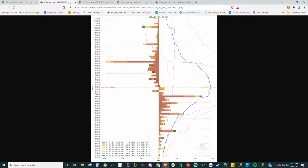A lot of extra exposure here, which these sort of act like magnetic levels, but there are also support and resistance. So you can't look at them as if the stock is going to just get there; it's going to have to grind its way through these levels. Is there enough momentum for the dealers to essentially hedge away their gamma exposure through these levels? Well, that remained to be seen for the next day. But in this case, you had so much gamma exposure here that I was highly confident,